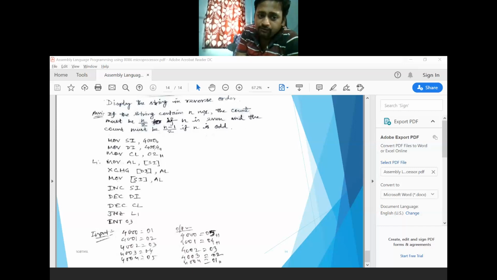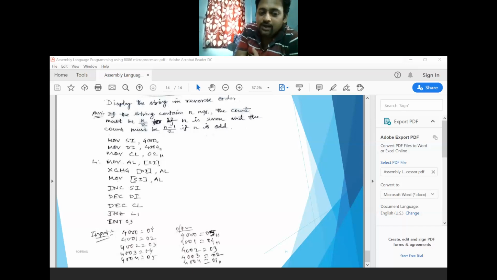What is DI? 4004 and AL. The content of AL moves to this location and the content of DI will move to this. So AL gets into SI. First exchange DI with AL and AL then with SI. Clear? Then increment SI, but decrement DI.